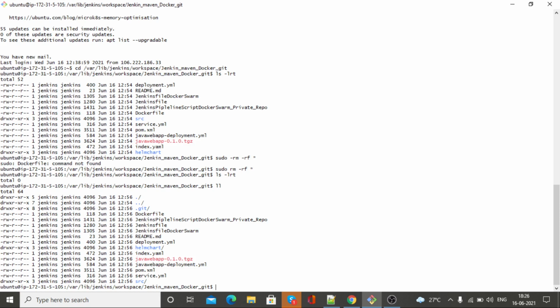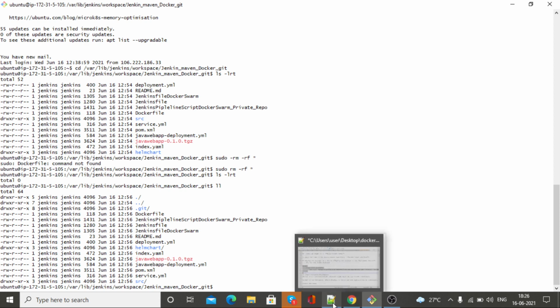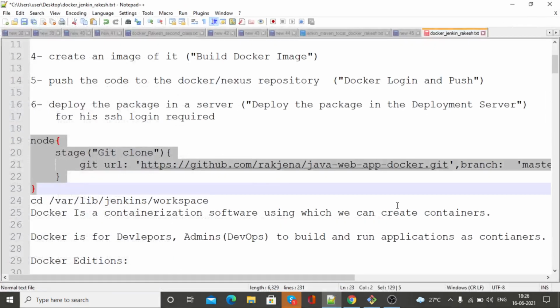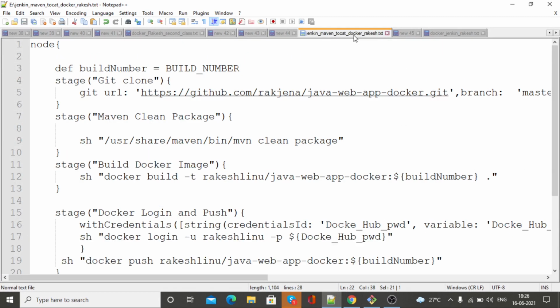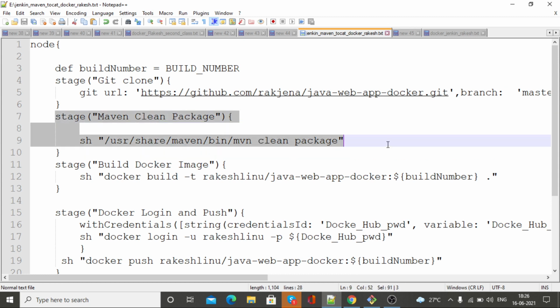So what we need to do now is make an image out of this. So to make an image, I have this command here. Let me copy it.